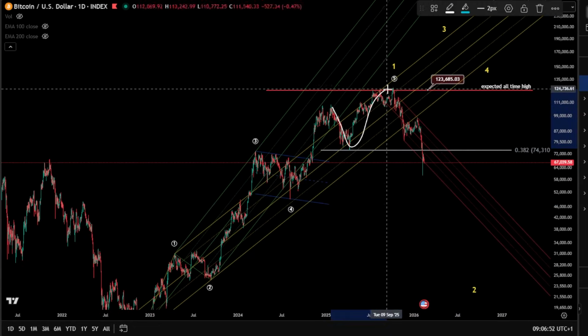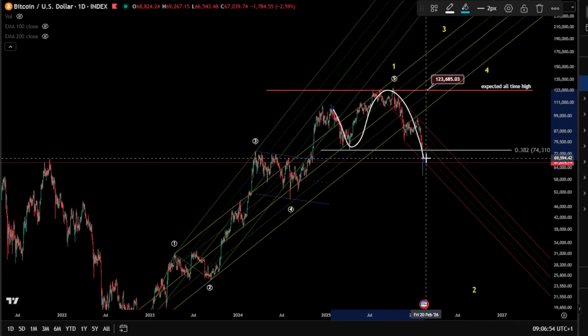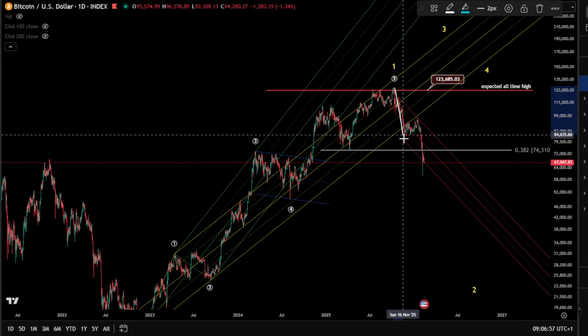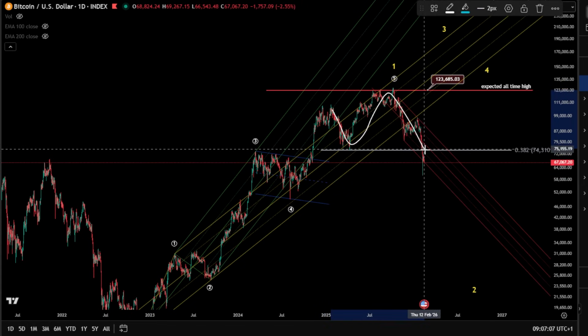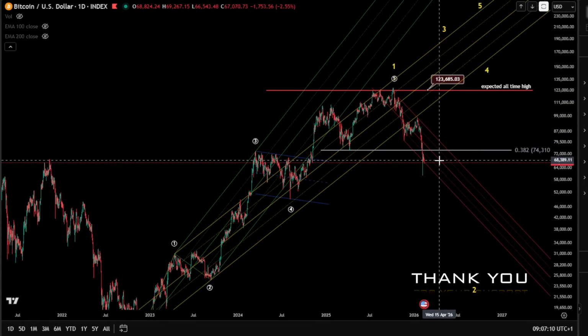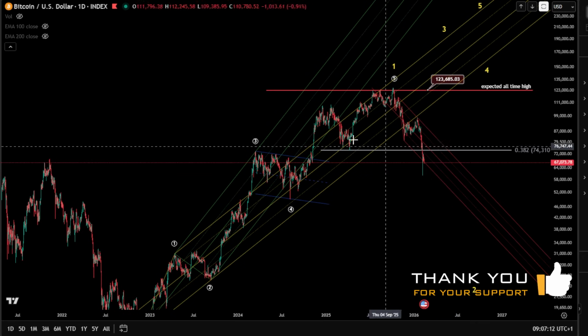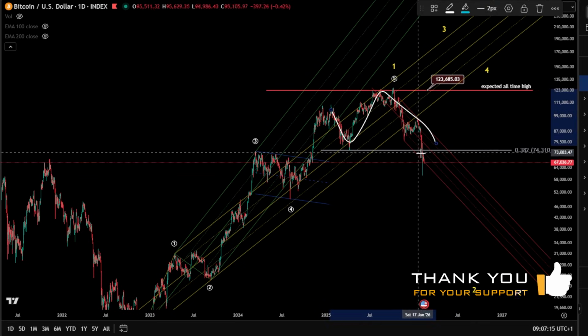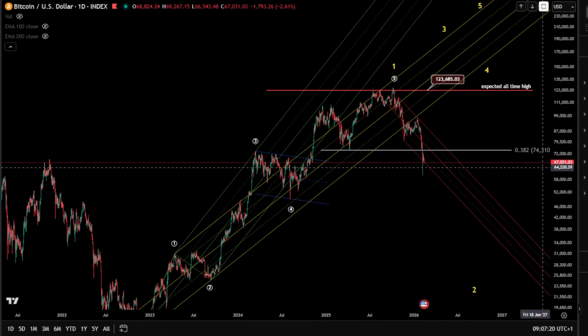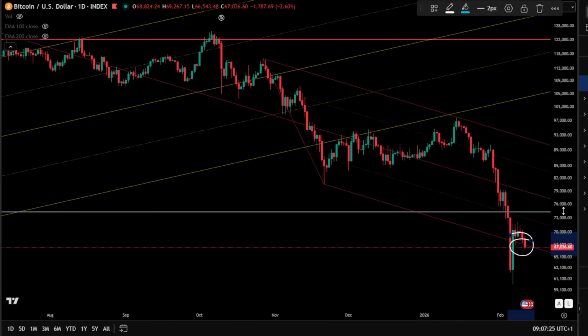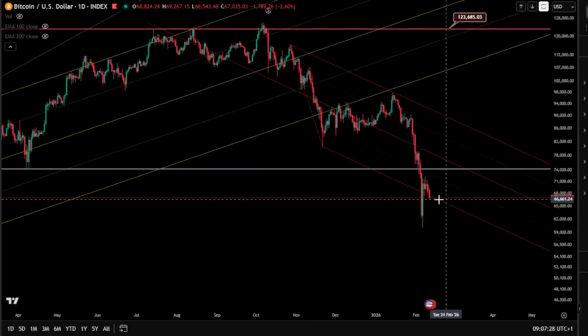It has invalidated an ABC expanding flat, and obviously the expanding flat was for me already not working, because we are in already 3 waves toward the downside, breaking the 1.618 taken from the ABC. So many of you are asking me in the comments why I removed the ABC. It gave the signal that this is not the possibility, we're going into a deeper correction, which is currently the price showing weakness today, breaking the base channel again.